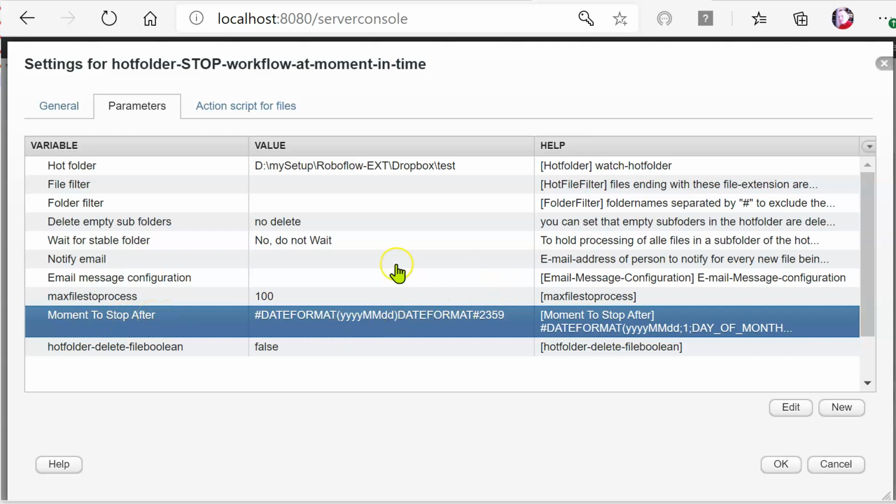So it tells me that whenever it comes to the instruction that tests this variable, if the time is past this moment, it will stop. I defined here that when the workflow stops, it will store this variable with the date time of today, year, month, day, and the time I really want it to stop. So I prefix it with the day to be sure that if it's 1 a.m., it considers 1 a.m. being past midnight,